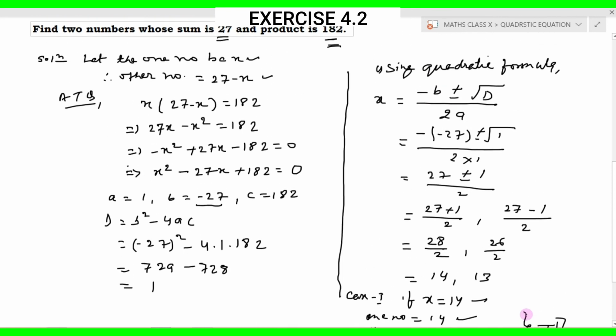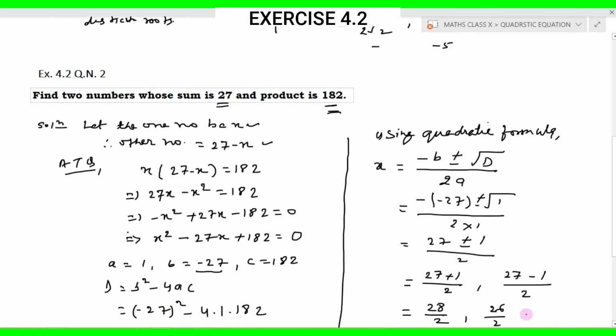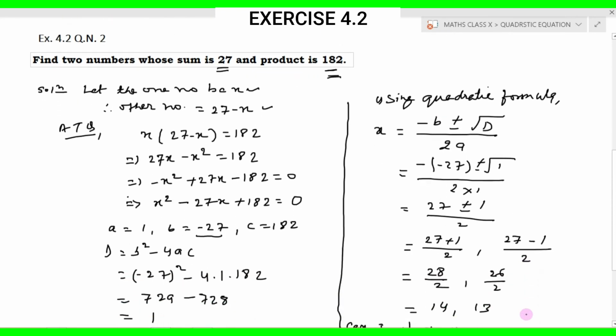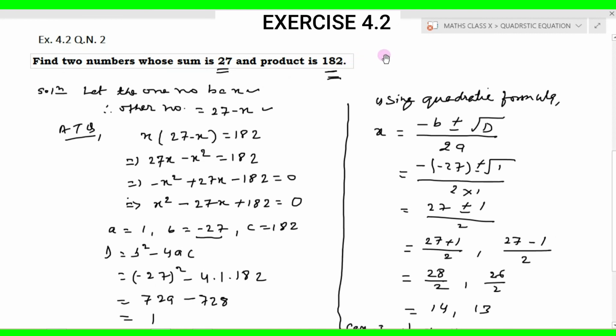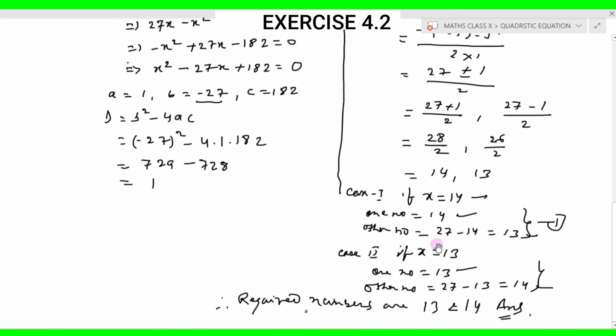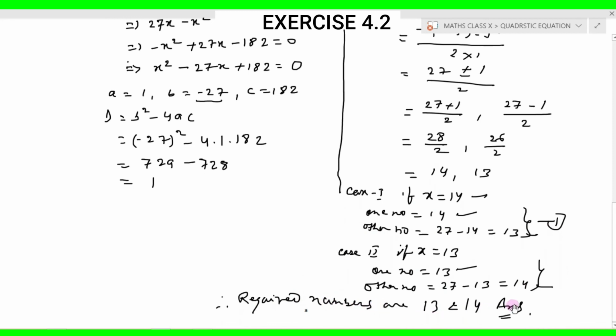Okay, so in any word problem you have to follow some steps. First step, read the question carefully. Second step, let the unknown term be x. Third step, frame the equation and bring it into the standard form. Fourth step, solve the equation by any one of the methods, either prime factorization method or the quadratic formula method. Then you get the value. Finally you write the final answer statement and then the answer. Okay, I hope you understood.